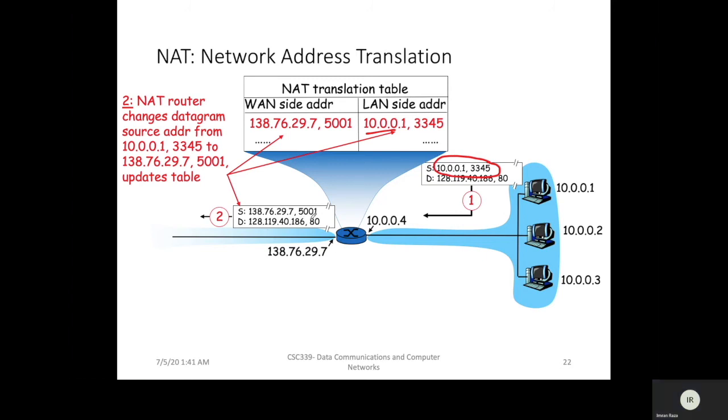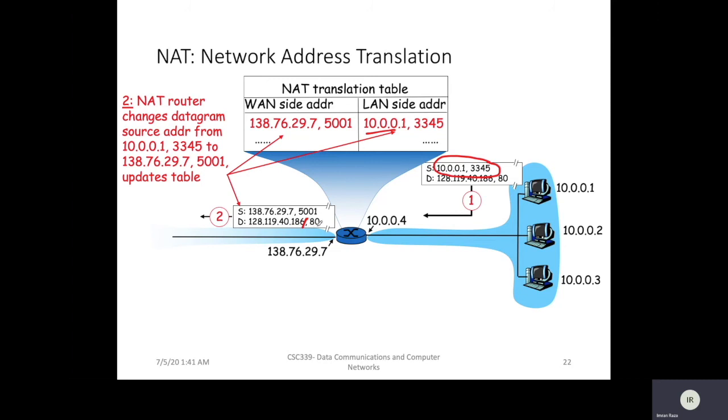And the request is being generated from port number 5001. And this field is the same. The destination, you can see the destination address is the same, and the port number is also the same. Right. Now we will receive a reply from the destination